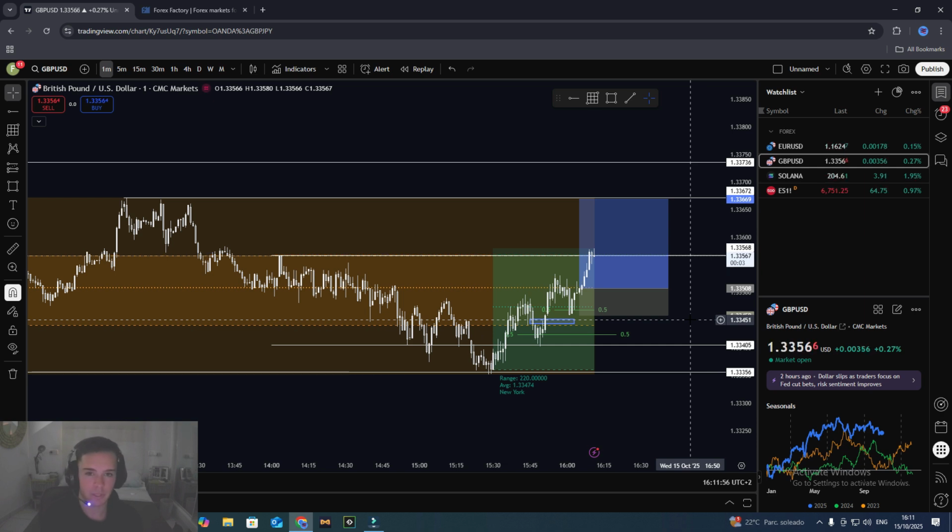So that's 6 or 7% that I missed out on because I put my stop to break even. But some of them just would have gone to my stop loss if I hadn't done that as well. So this is something I'm still trying to understand. It's something I'm still learning, and it's one of the reasons why I haven't passed my funded accounts yet. I haven't actually made money yet.